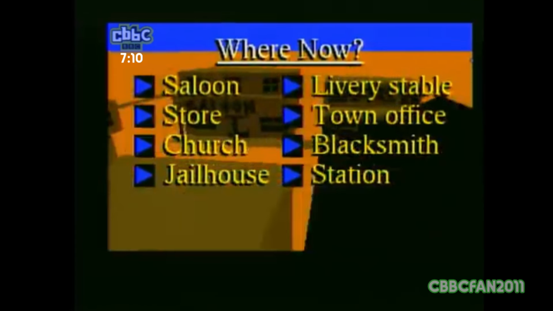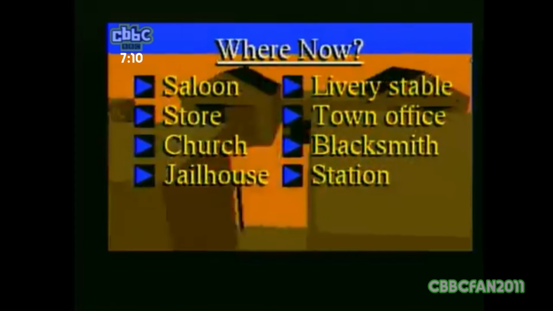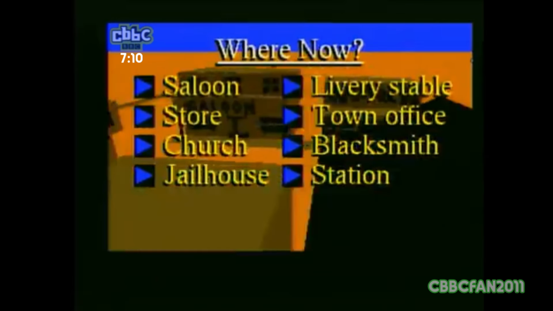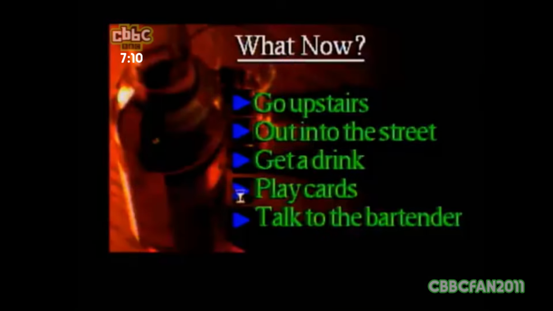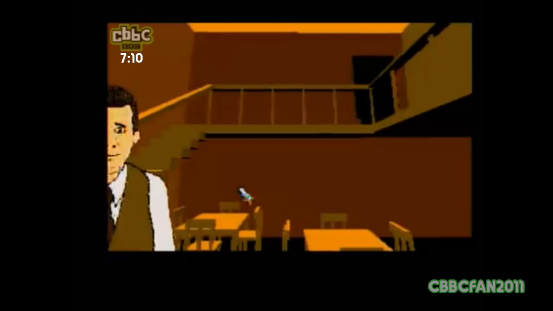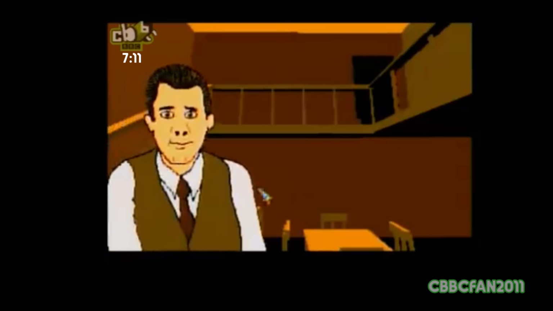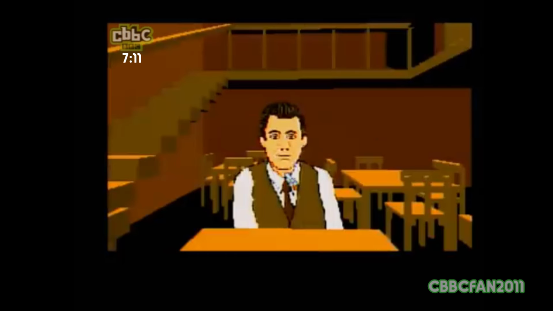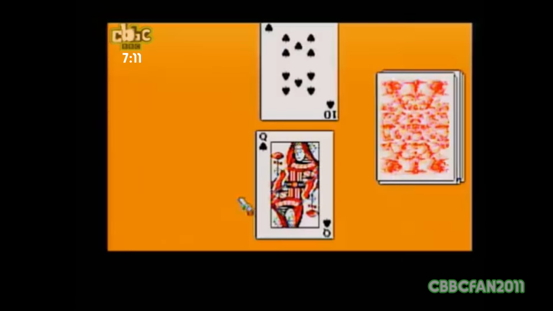Eventually you'll get stuck. I ran around every single location, clicking every single option before I finally found out what to do. The next guy only comes out when you head to the saloon and choose to play cards. But seriously, how was I supposed to know that? He explains the rules for like an hour, and it's really obvious that the voice actor was just reading a cue card because he stumbles in places. The loser has to pay 1 cent per point. 10, picture cards and aces all cost 10 cents. Eventually I win, and he gets pissed off.